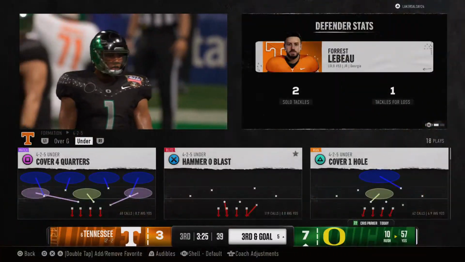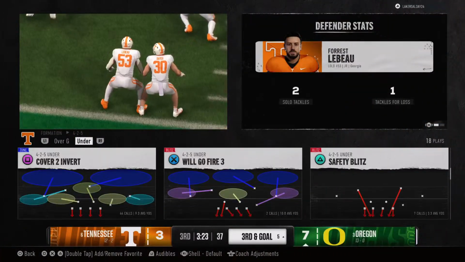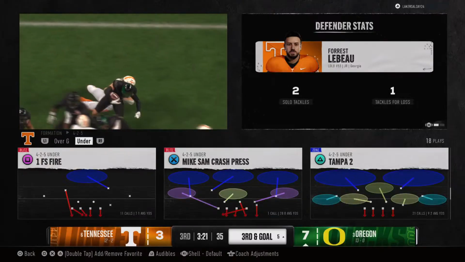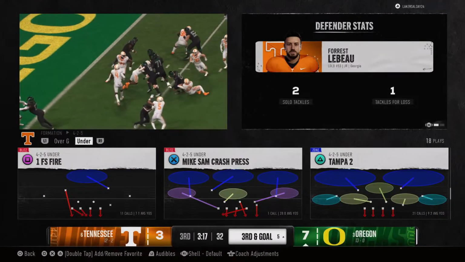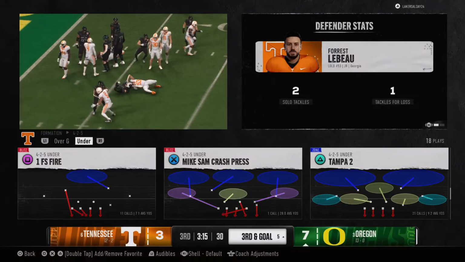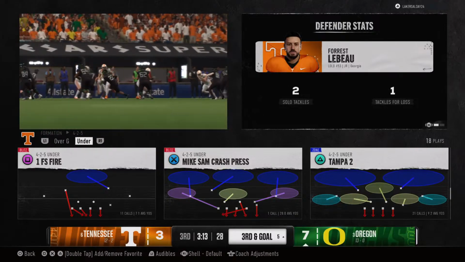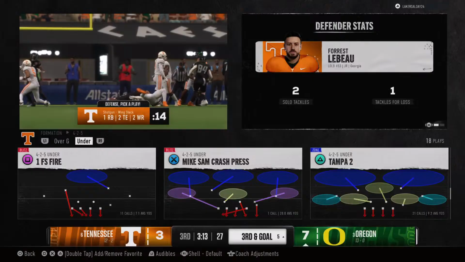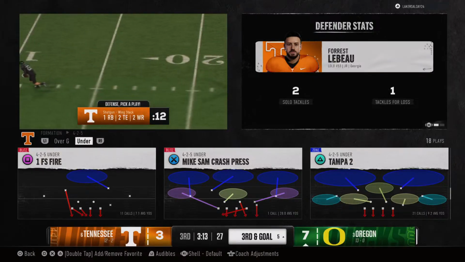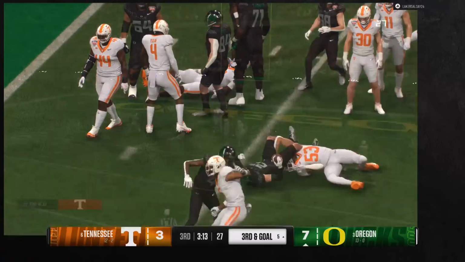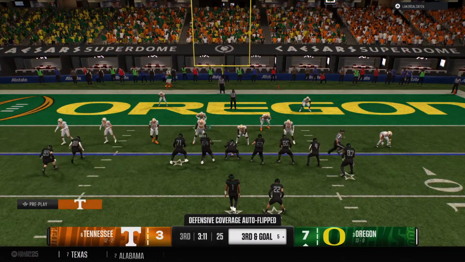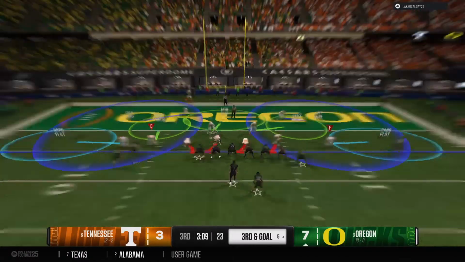Very stubborn here down near the goal line. It's a nice play by this defense, and now you're thinking about third down and goal from around the 5-yard line. You've got a real shot to come up with a stop here, whether they run it or throw it. You get a stop here, and maybe you hold them to 3 points. And the defense holds up here on third and goal.